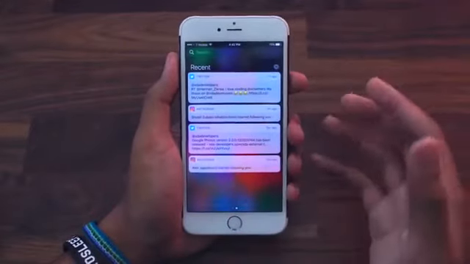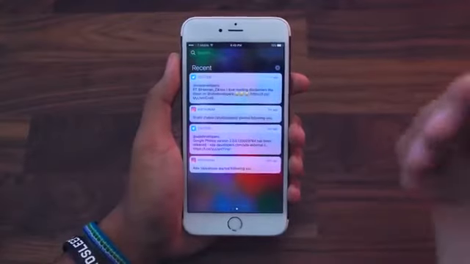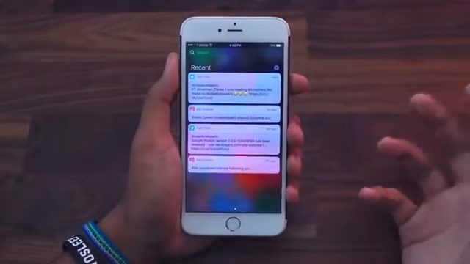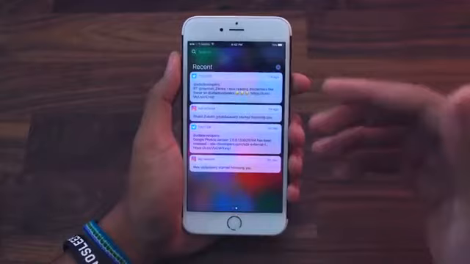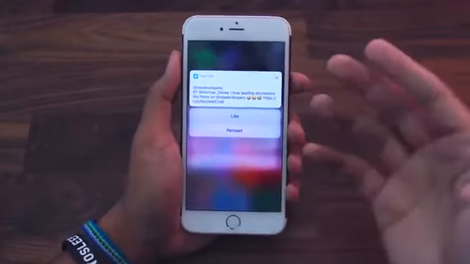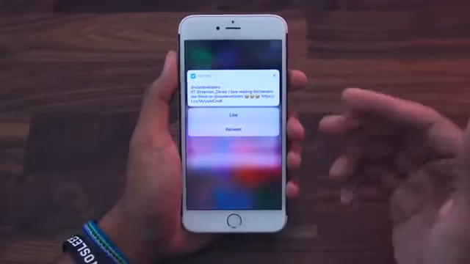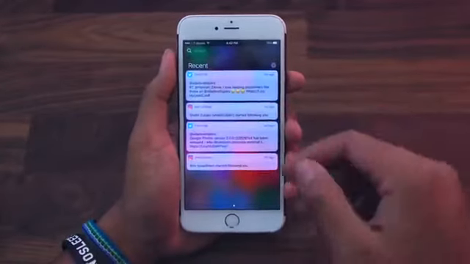Again, it would have been so much cooler if I had all of my notifications from the past week, because I did 8 minutes ago. Okay, now another thing you can do, again, this would be so much cooler if I had like a text message here, but you can actually force touch or 3D touch on this to interact with it straight from this notification shade without having to go into the application. So I could like it, I could retweet this if I wanted to, and if I had a text message,